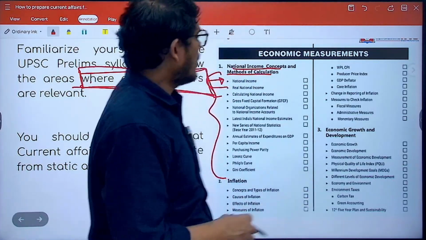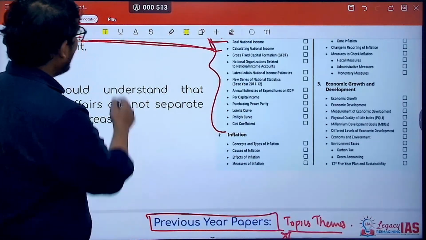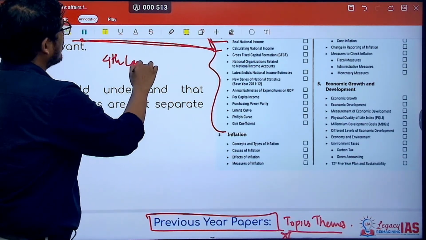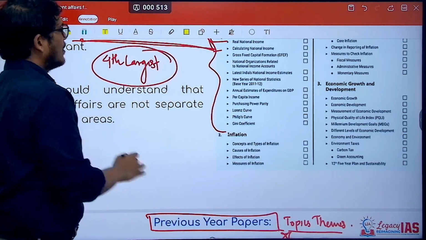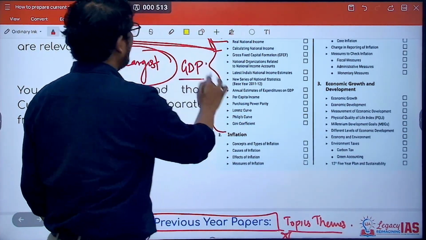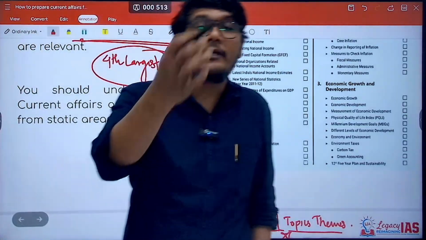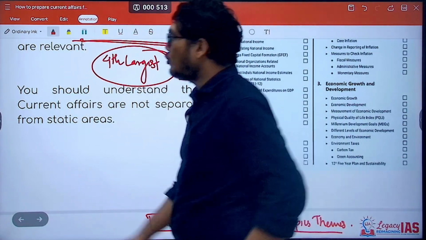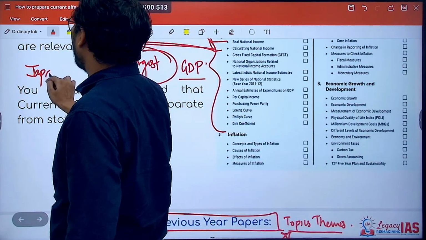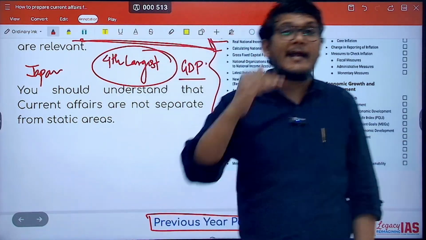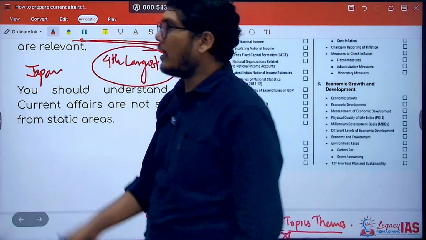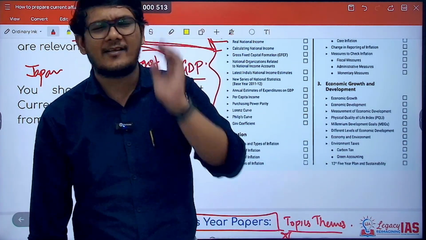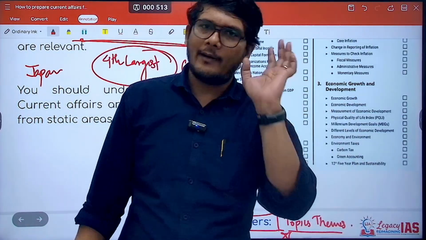So now you know that, for example, let's say it was in the news that India became the 4th largest economy of the world. If GDP-wise we became 4th largest, that article becomes important for you. You will know that India has become 4th. You should know that India overtook Japan to become 4th. You should know that just ahead of us is now Germany. You should roughly know what the GDP of India is. Exact figures like $4.187 trillion are not required, but a ballpark figure should be known.